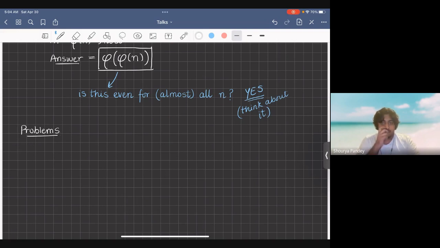Here's a problem. Let's do it in steps actually. Let p be an odd prime. Prove that